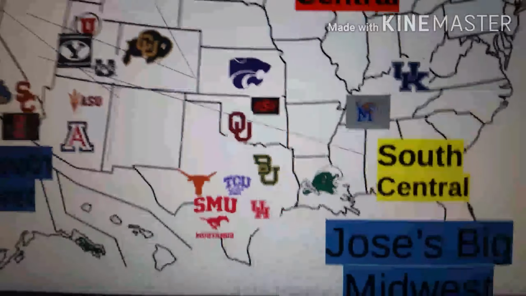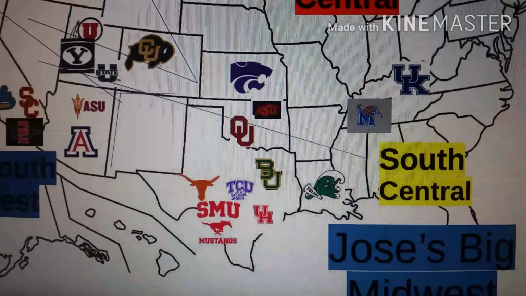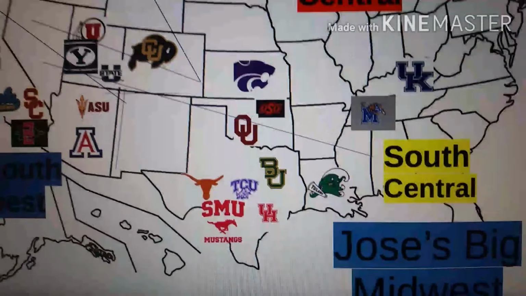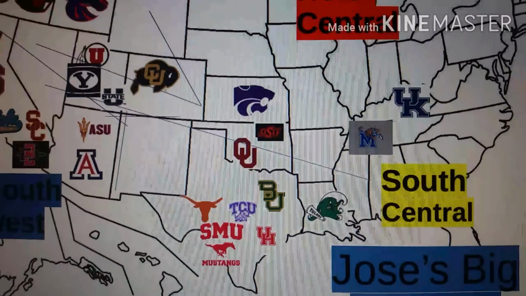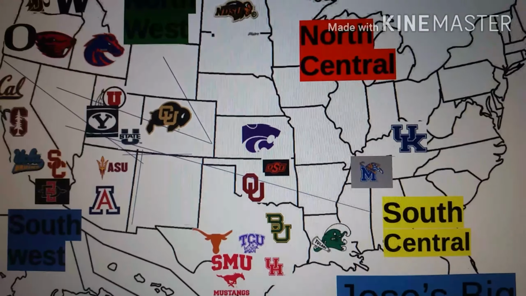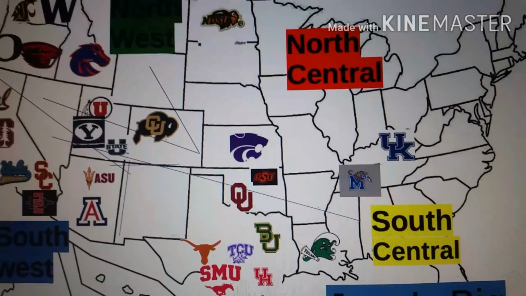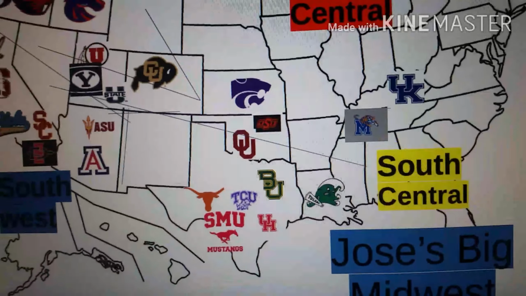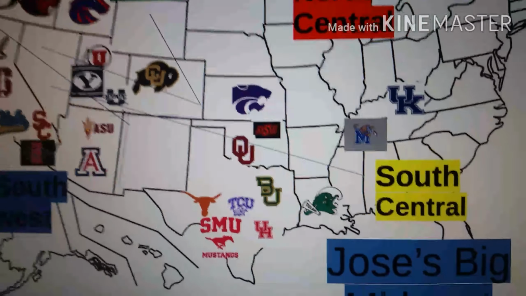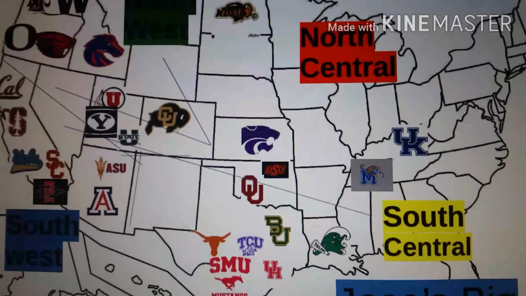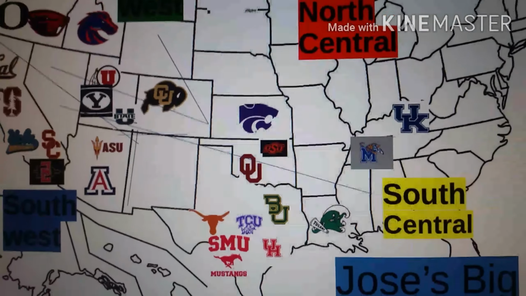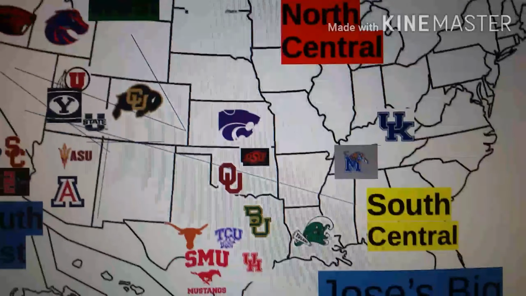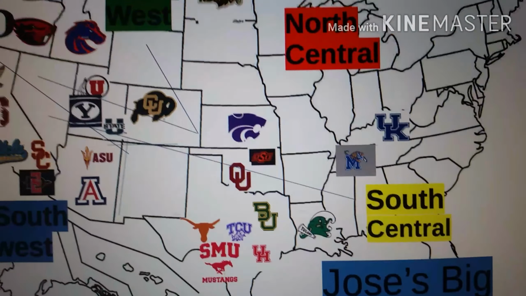But I've added them based on geography, and pretty much 7 teams per division, to make a total of 28 teams. We added NDSU to the North Central. We added Kentucky, Memphis, Tulane, and SMU. Boise State's another addition, and we brought in Utah State and BYU. After that, it's pretty much the same teams.